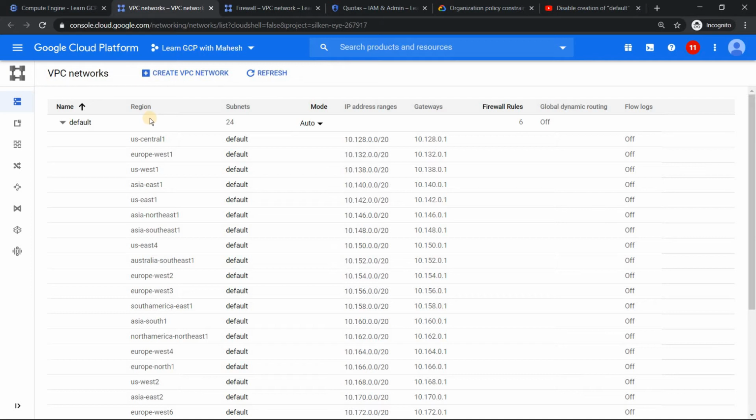As of today, 13th July 2020, you see 24 regions, so you will see 24 subnetworks in a default VPC. If you see the video sometime later, Google is very fast in expanding the number of regions, so this number would have changed. For each region, it has one subnetwork. So that is the first thing.